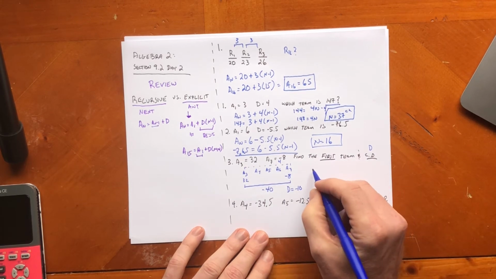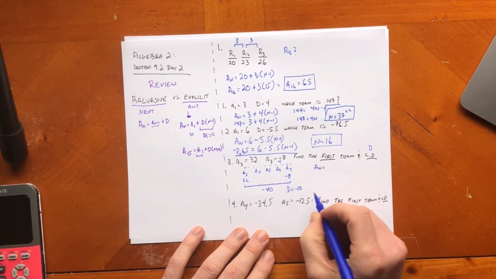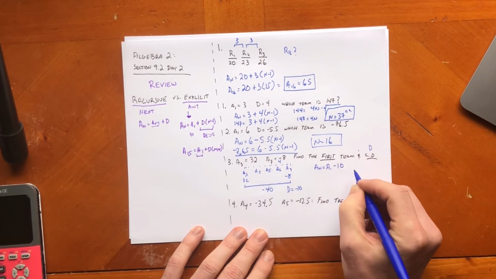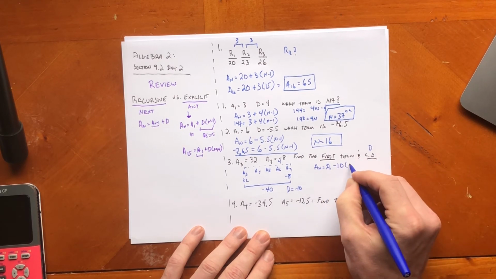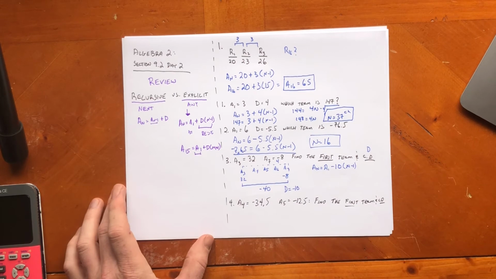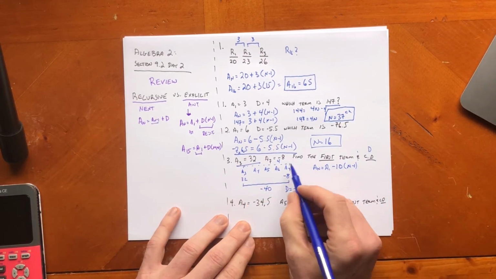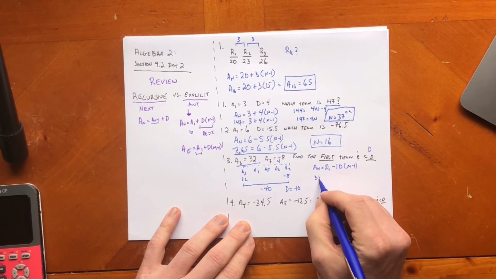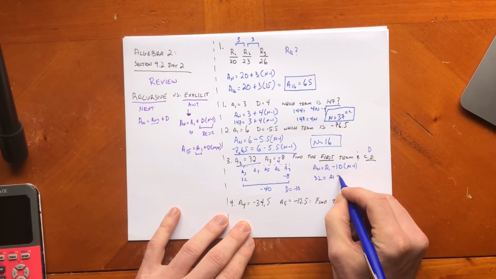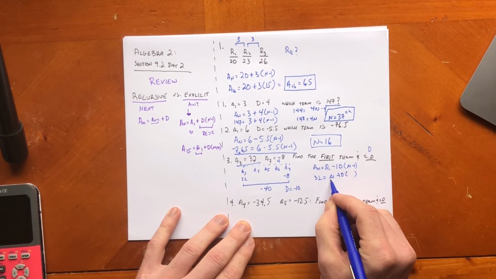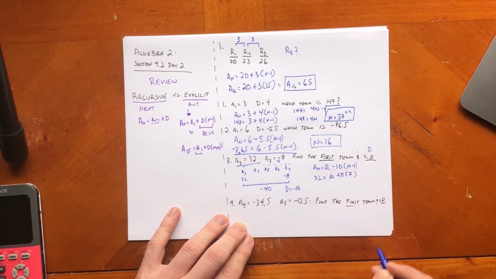So I always go back to the explicit formula. a sub n equals the first term, which I'll just call a sub 1. I know that the common difference is negative 10, right? And then times n minus 1. And so now what I do is I just pick, do you want to pick the third term or do you want to pick the 7th term? It doesn't really matter. I'll pick the third term. So I know the third term is 32. So I can go 32 equals a sub 1 minus 10. And think about it. If this is the third term, this is the first term. How many more terms do I have besides the first term? Well, I think I have 2 other ones. So if I go negative 10 times 2,